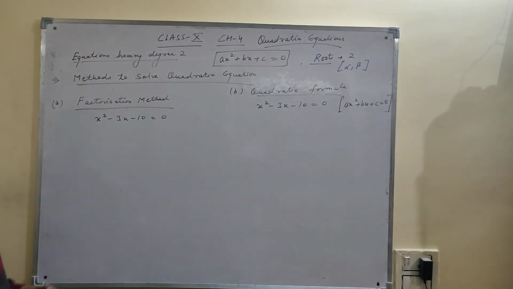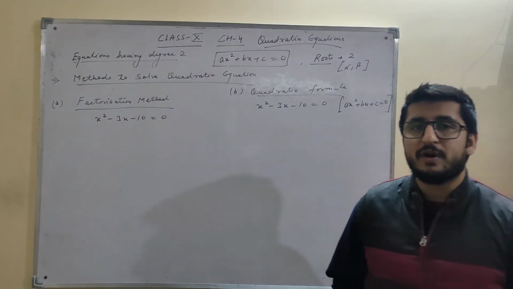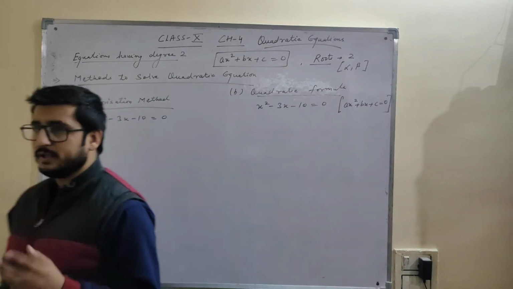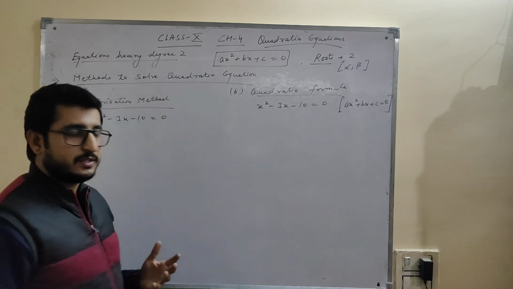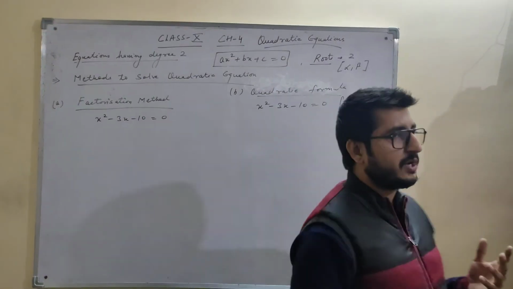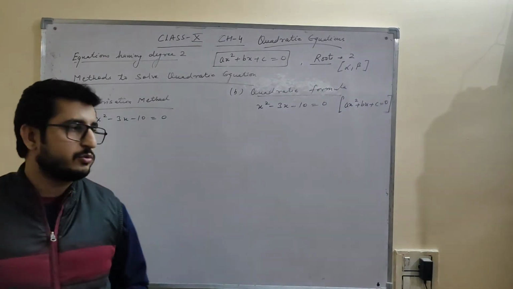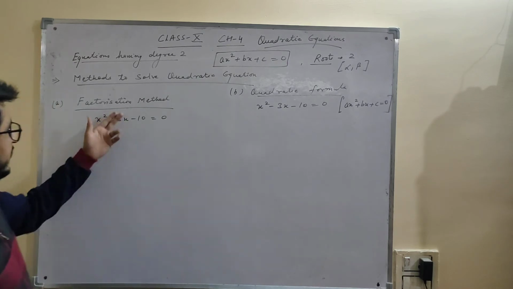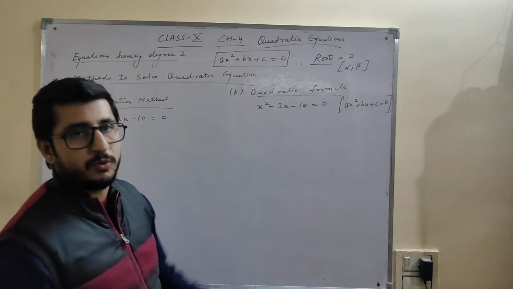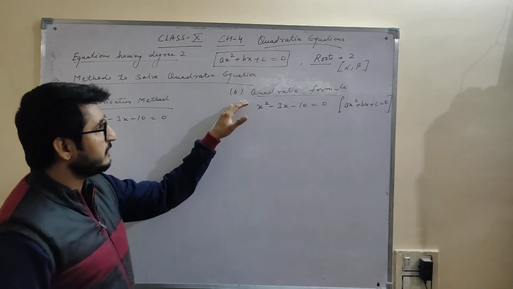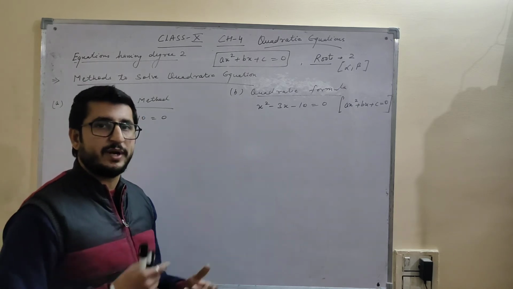So now we are going to study the different methods to solve a quadratic equation. This is the basic concept of this chapter, how to solve a quadratic equation. There are basically two methods. The first method you have been studying from class 7, then in 8th, 9th, and in 10th polynomials also: the middle term splitting method, also known as the factorization method. The second method is new to you, the quadratic formula, which we will be focusing on because it makes the process of solving a quadratic equation quite easy.